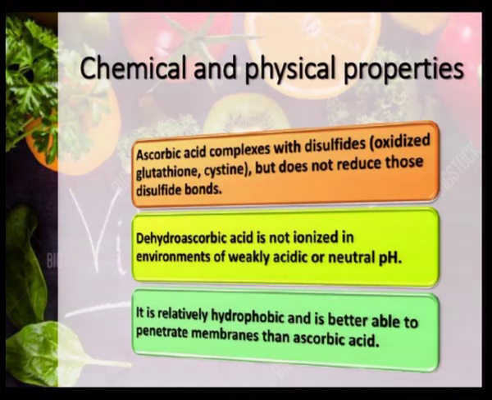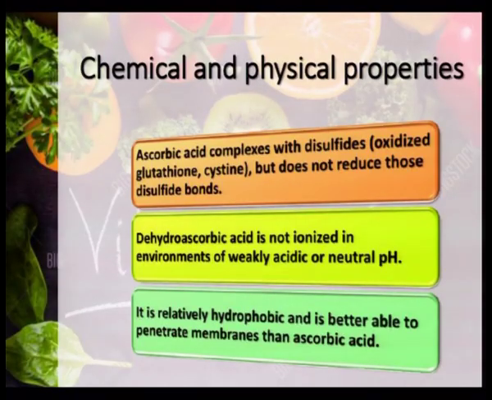This is something very interesting to notice, because we know glutathione, cysteine groups are their own right and are being used in antioxidant reactions. But ascorbic acid can complex with these disulfides but does not reduce those disulfide bonds. This is a very important thing to note, because taking a vitamin C supplement along with this or in a natural setup when we have glutathione and cysteine residues in our normal physiology, how vitamin C can complement the functions of